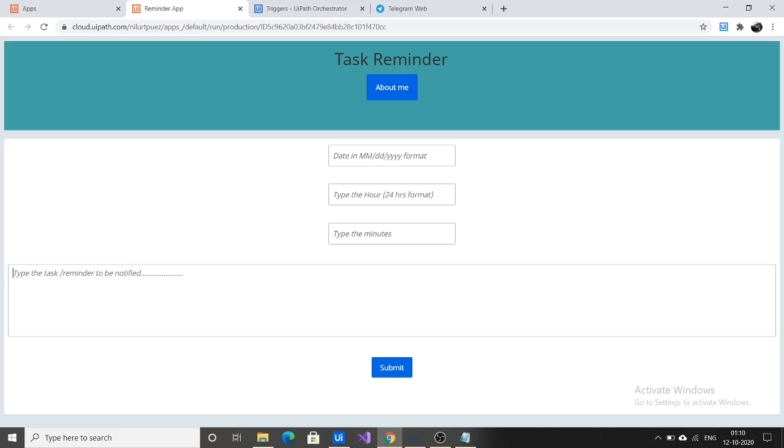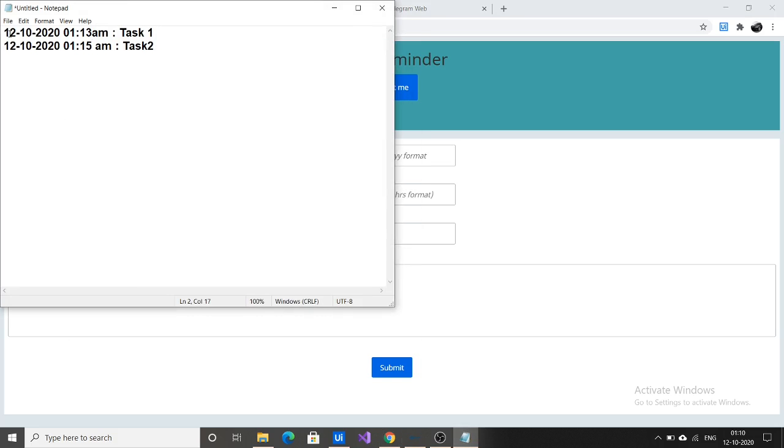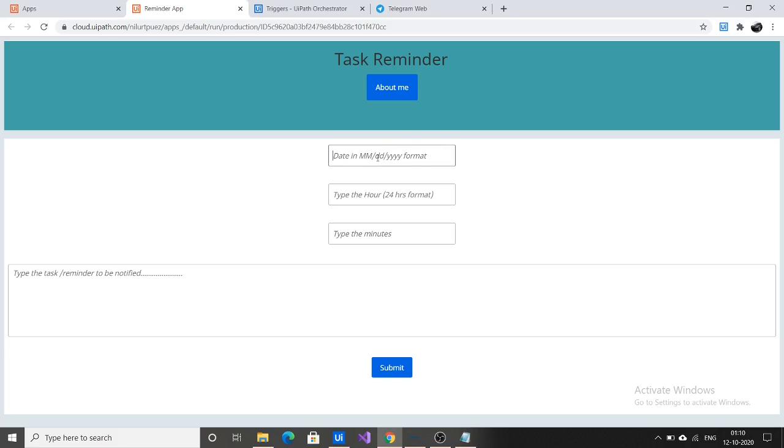First we can feed the details about task 1. Task 1 should be notified at 12th October at 1:13 a.m. First we need to type the date, which should be in month, date, year format. So the date should be 10 12 2020, the hour should be in 24 hours format, and the time it should be notified is 1:30. The task is task 1, which is to be notified at this time. When I click on submit,